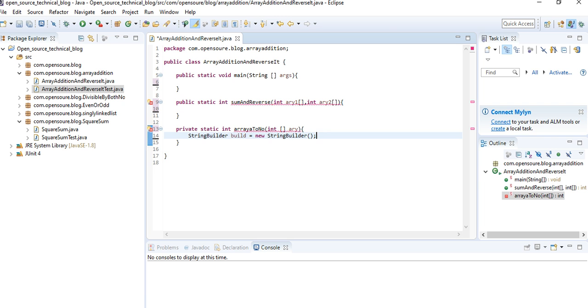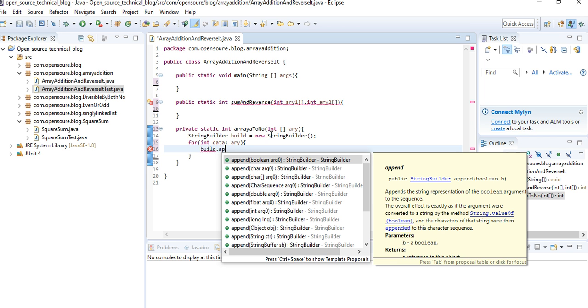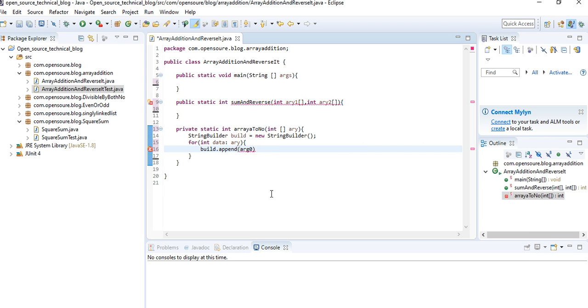That is the main purpose. Then I'll iterate this array and append each number to the StringBuilder. You can add all the different types, long, int, double, char, but in our case, as the number is int, we're going to take that. Then we need to return an integer.